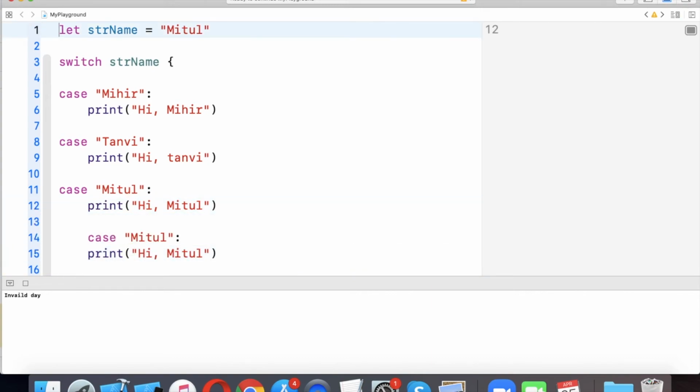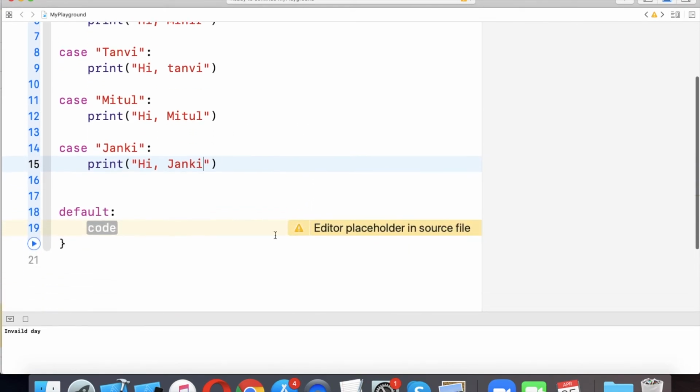And I take another example, Janki: hi Janki. We also put a default case that prints no name is found.